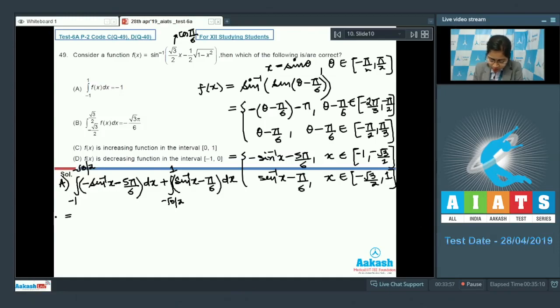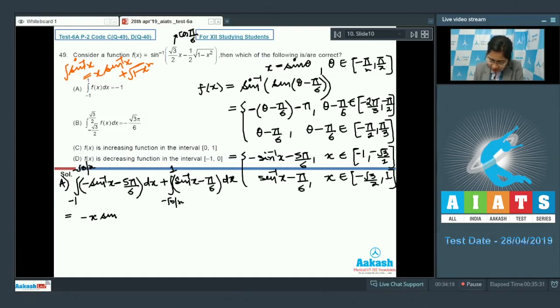Now we know the integral of sine inverse x, by parts, is equal to x into sine inverse x plus under root 1 minus x square. So putting it here, we will get it equal to